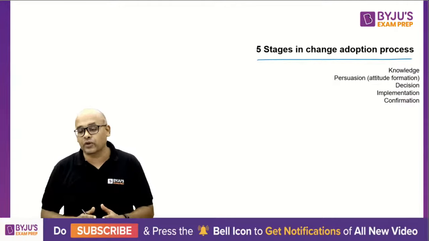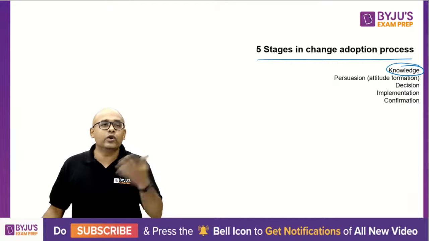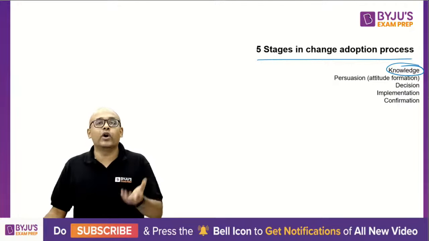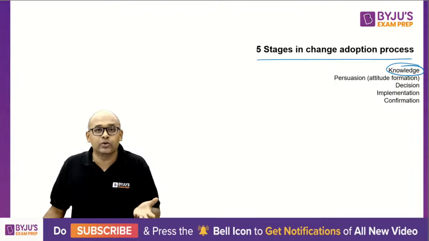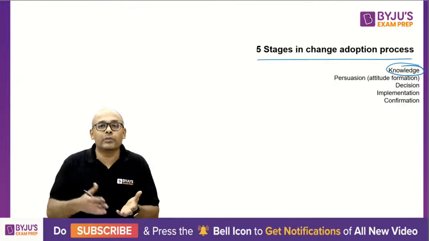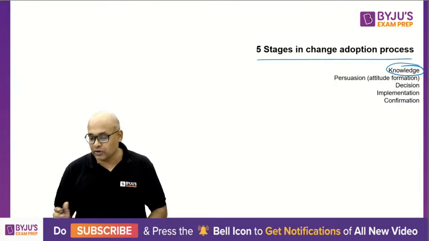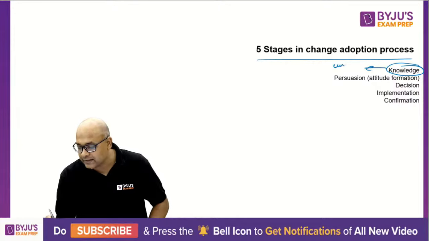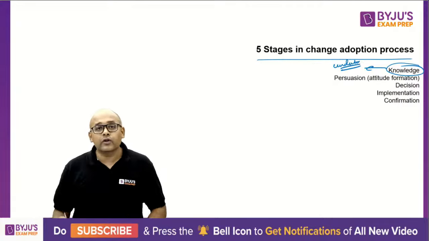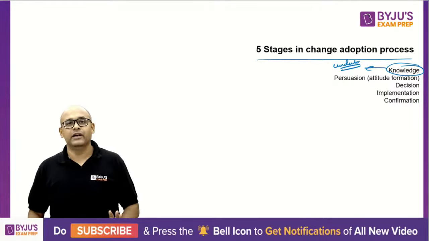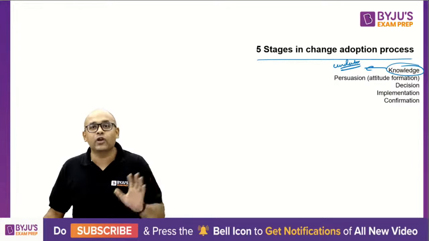The first stage is the knowledge stage. Knowledge stage is very easy for you to understand. You didn't know that this existed. Now you know it is existing. You'll understand what exactly it is, what it does, what the output of it will be, things like that. And you are just trying to understand the product. So this is more about knowledge or understanding. Now you're not deciding just by understanding it. You will first understand, okay, this exists, fine. It's like saying that a new phone exists, that is knowledge for me.